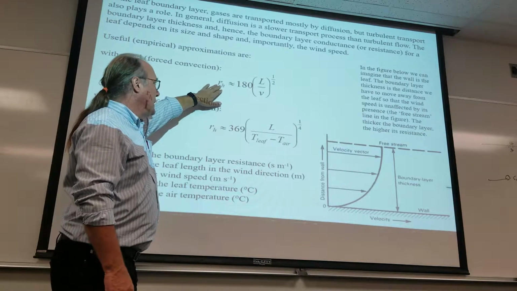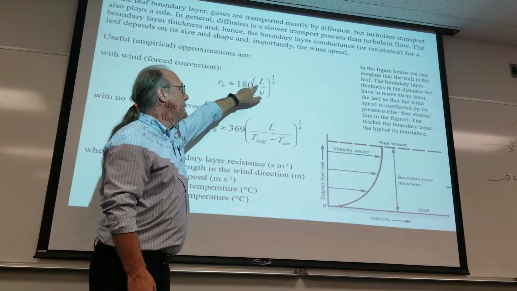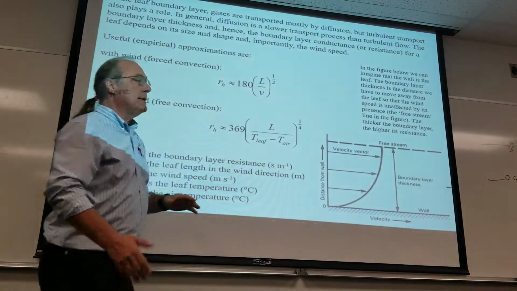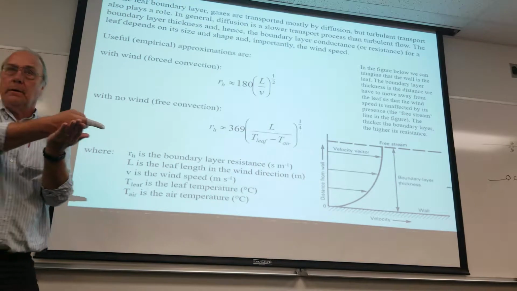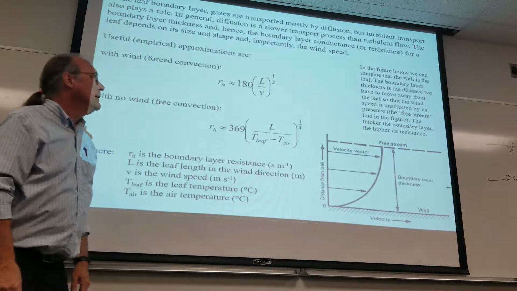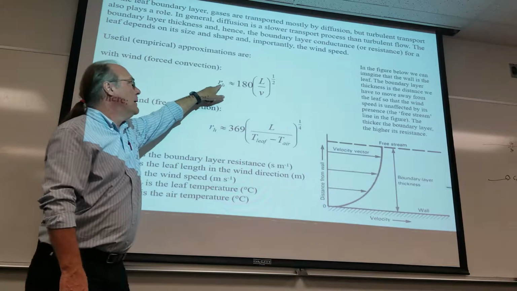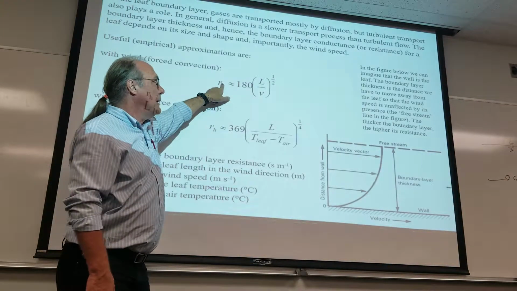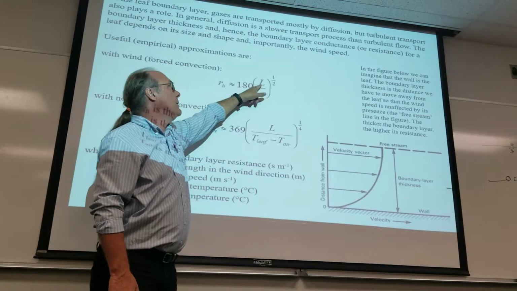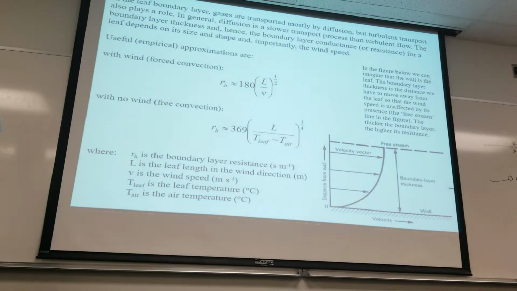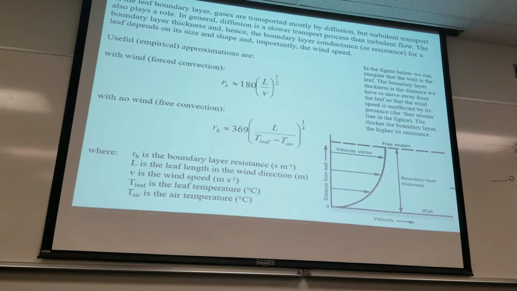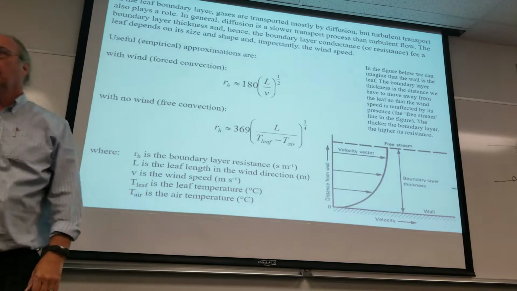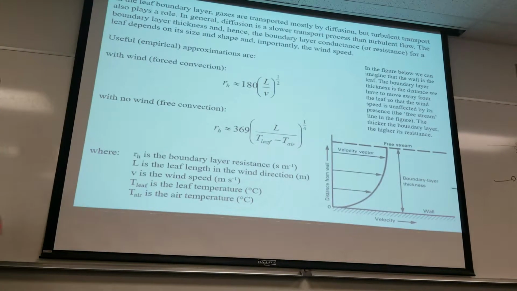Okay, so the boundary layer resistance, empirically, is 180 times the square root of L over V, that is, L over V to the half power. L is the leaf length in the direction that the wind is blowing, and V is the wind speed. So the higher the wind speed, the smaller the boundary layer resistance. The lower the wind speed, the higher the resistance. The bigger the leaf, the higher the boundary layer resistance. The smaller the leaf, the lower the boundary layer resistance. That's with wind. With no wind, you see another one there. So empirically,